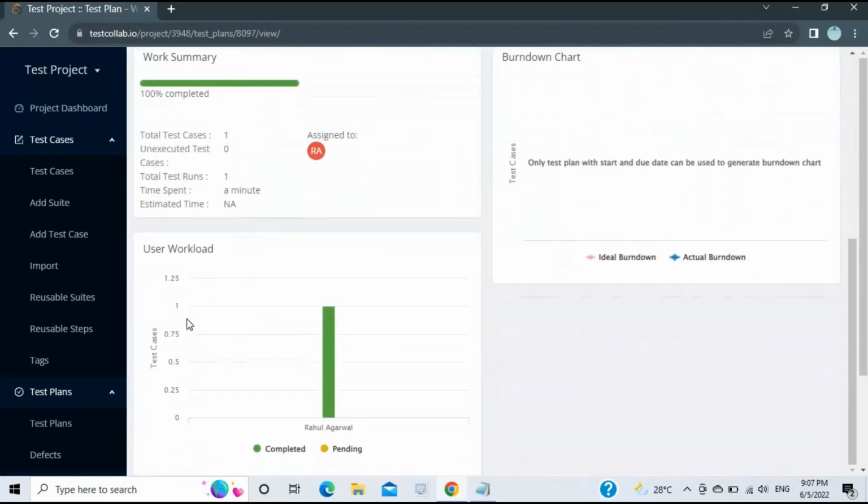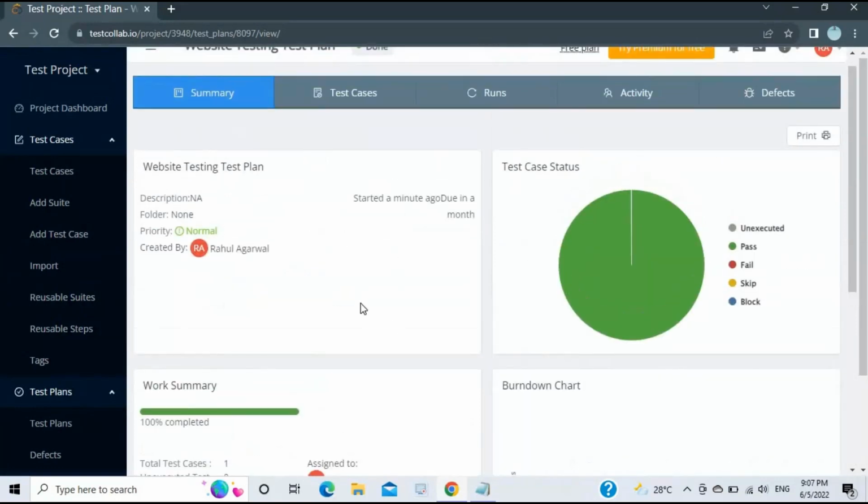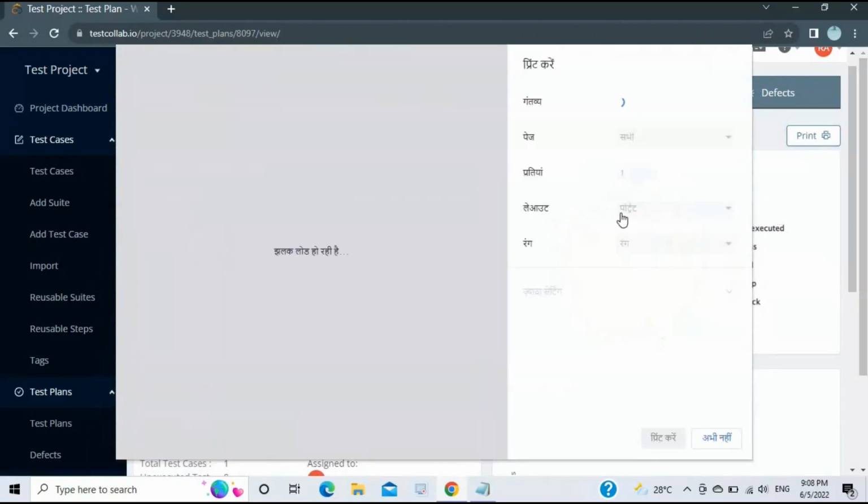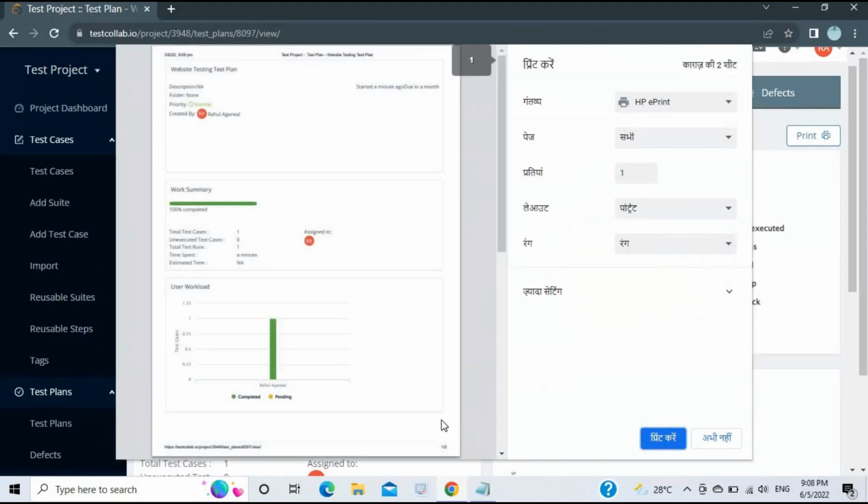right? So that's how you can add a test case, you can add a test suite, you can create a test plan, and you can do execution of the test cases. You can print this report as well. There's a button called print out here. If you click on print, it will be connected to the printer, and you can take the printout as a summary,